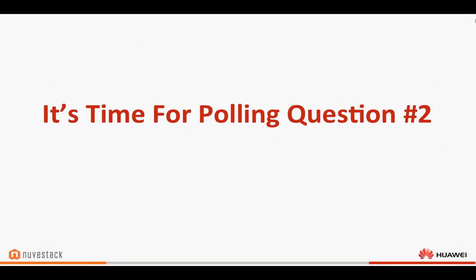So here's the results. Basically, nobody is happy with their current offering, so that's kind of interesting. There's a small percentage, about 14%, that have a DaaS offering, but they're not really happy with it. A little over half are actively looking, and a little less than a third have no current plan. So that's kind of interesting. I'm curious what solutions they're using that they're not happy with. So let's go ahead and turn it back over to you, Colin.